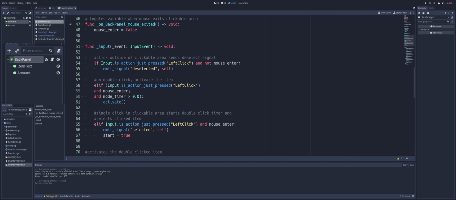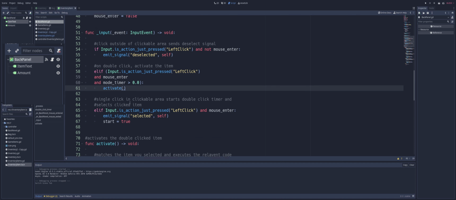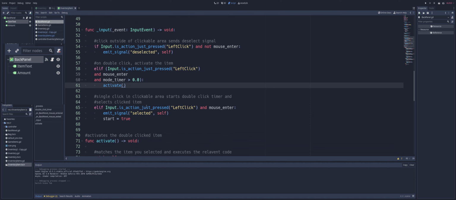If we do click an object, and mouse entered, and the mode timer is greater than 0, then we should be inside of our double click range. Then we're going to be calling our activate function, which is just down below, and activating our item. Otherwise, all that's left is left clicking inside of the area. But obviously we're not in the double click phase yet, so we're just going to emit our selected signal and